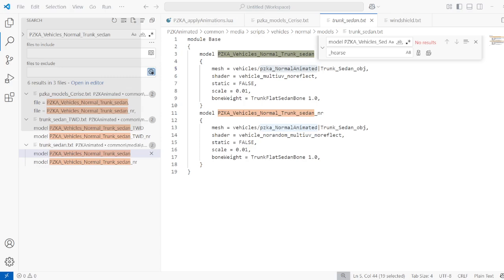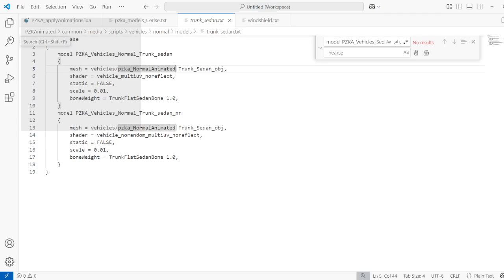File, export, FBX, normal, animated. All of that, and export. No such mesh as trunk sedan. Okay, that's a problem. Oh, sorry, I forgot. Okay, trunk sedan. That's trying to import it from normal animated. Well, it's supposed to use